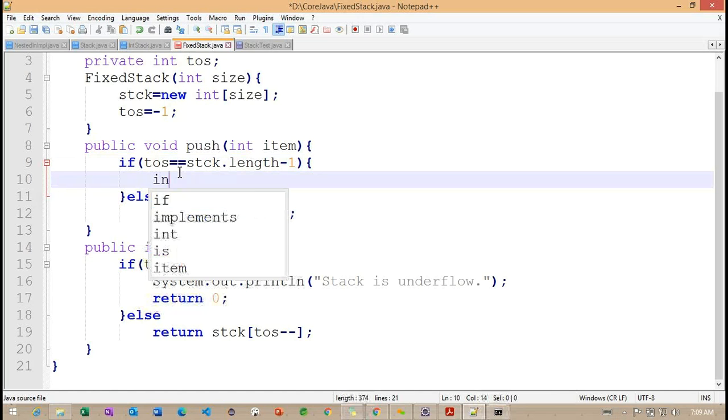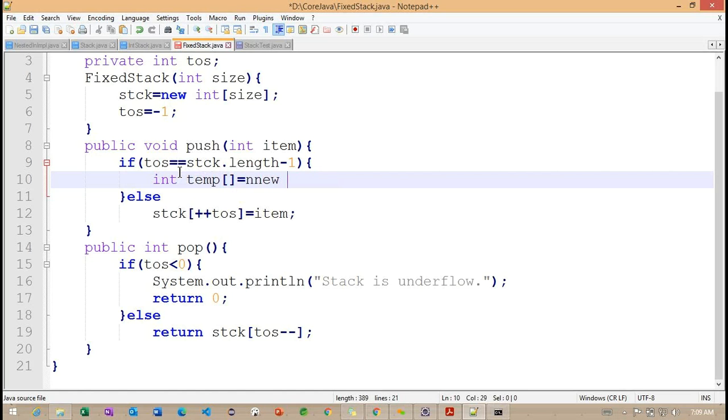Now what I'm trying to do is create one more array here. So one more int array, with the help of this temp array. So with the help of temp, we create one more array. The type here is int array.